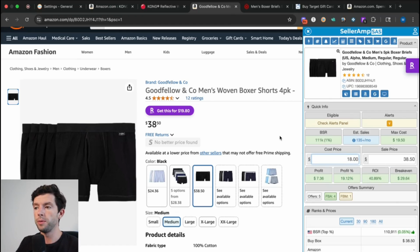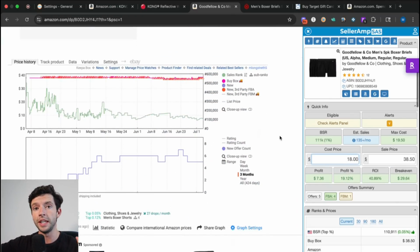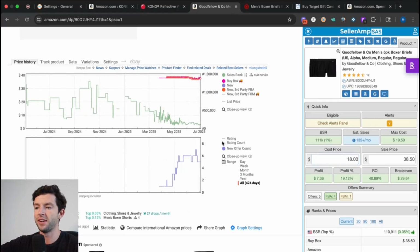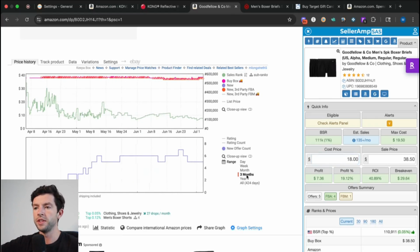And so the SellerAmp Chrome extension is where you want to start with proc research, but you also always want to use the Keepa Chrome extension as well, which is another Chrome extension we can plug in. They're both $20 per month, nice and easy right here. And SellerAmp tells us if a product's profitable today, but Keepa tells us if a product's actually profitable over time. So Keepa literally shows us the value of a product ever since it was added on Amazon. You want to start with the 3-month data right here, and we'd see the price, which is nice and stable